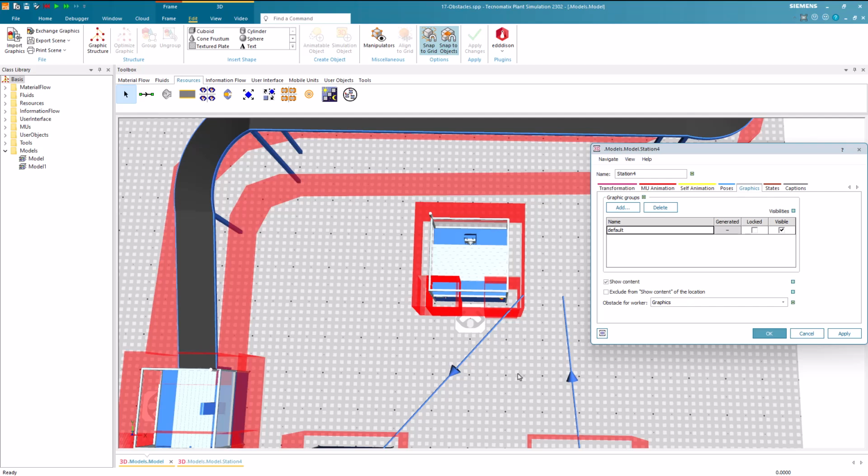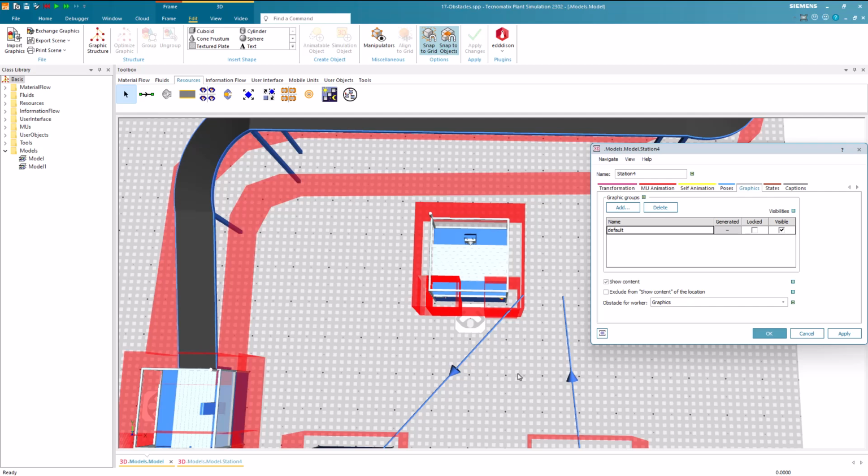As you can observe within the station's bounding box, there are now 2 additional bounding boxes. Since we transitioned to graphics, each individual graphic element comprising the station will have its own bounding box. However, if one bounding box encompasses another, only the bounding box of the enclosing element will be displayed.